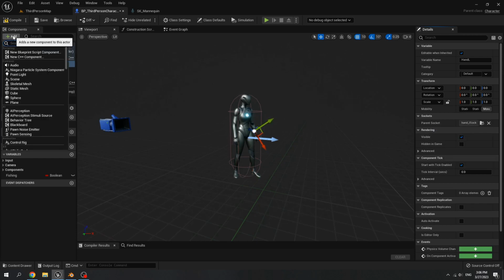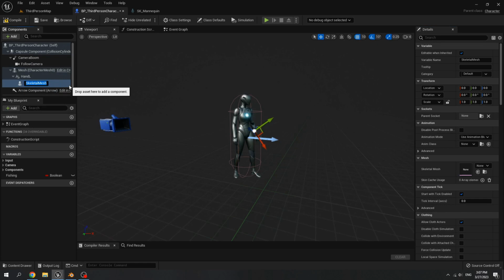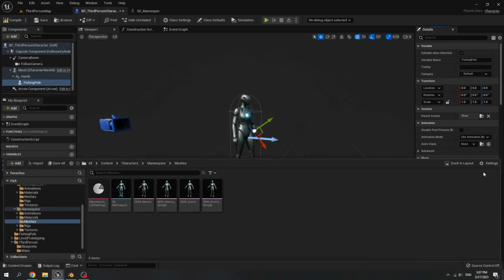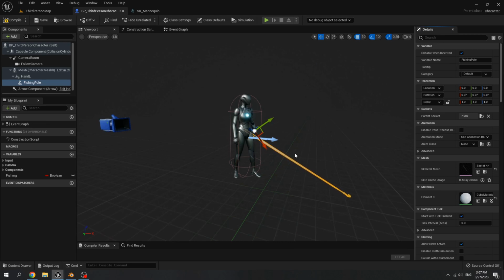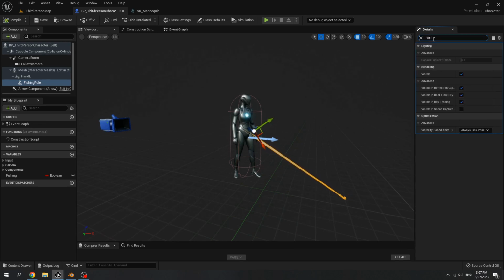Then add skeleton mesh. Name it fishing pole. Search for, then choose wooden fishing pole skeleton mesh. Search visibility. Set visible to false.